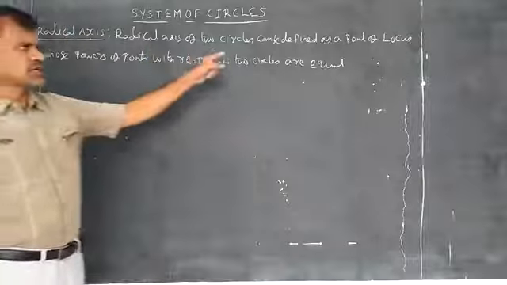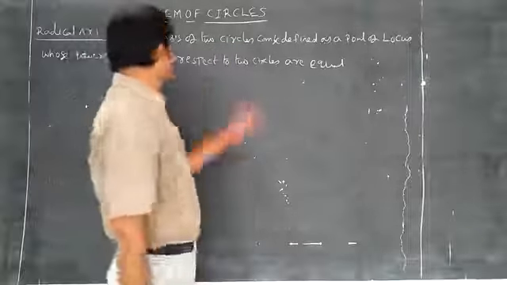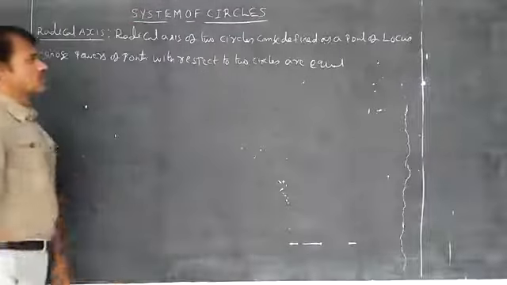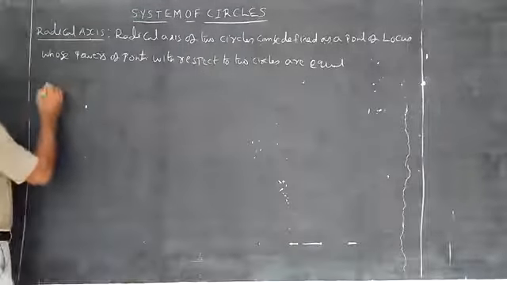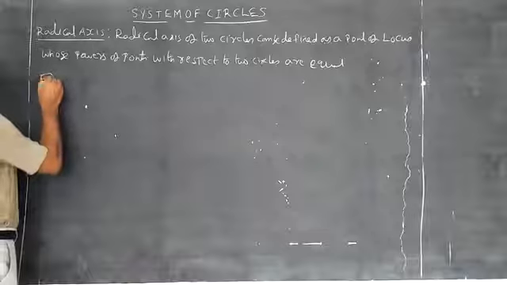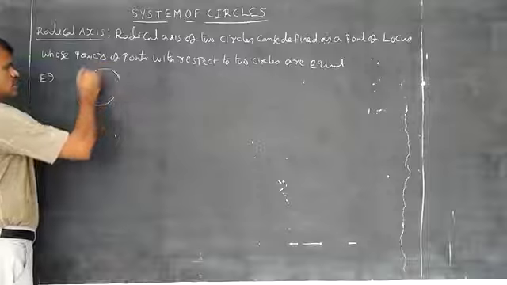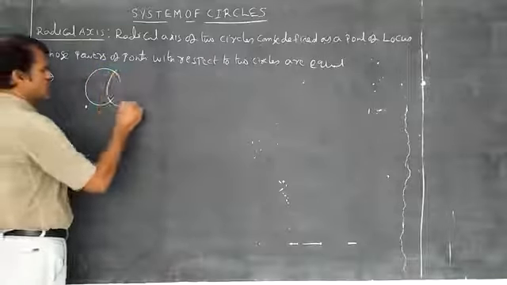Radical axis of two circles can be defined as the locus of points whose powers with respect to two circles are equal. That means, for example, if we draw a circle like this and we draw another circle that